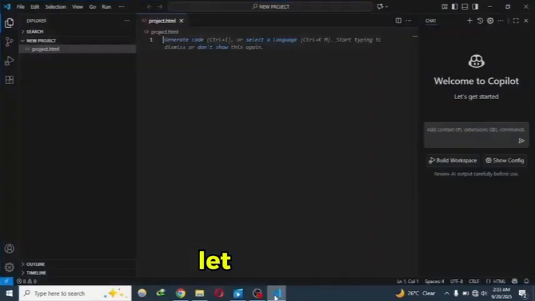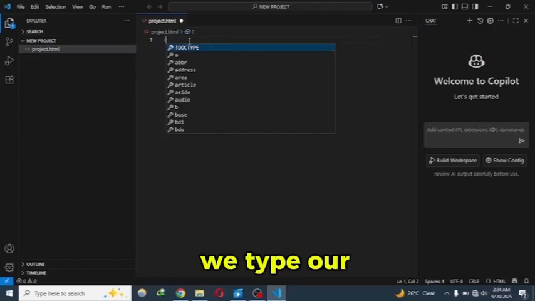So as it is right now, let us create an HTML code. Let us give an instruction to VS Code to create something for us and get the output on our Google Chrome browser. So let us create a button with hello. For us to create that button, the coding element is, we type our button,